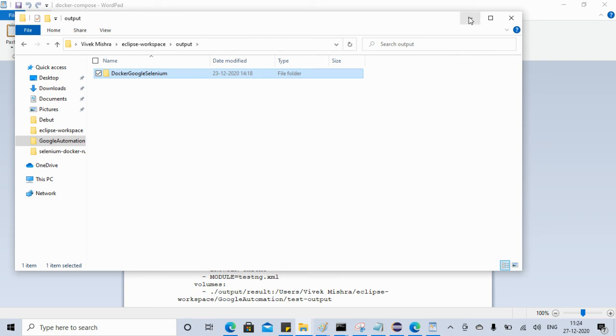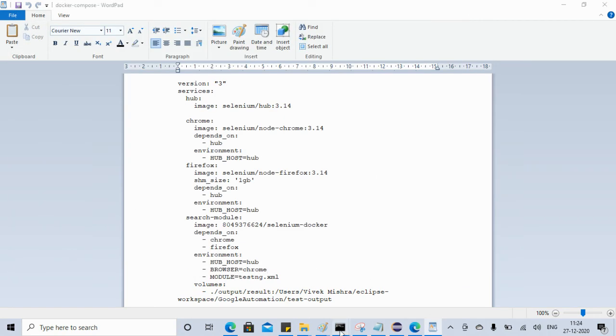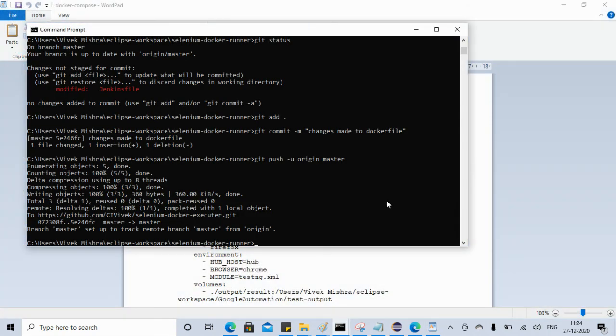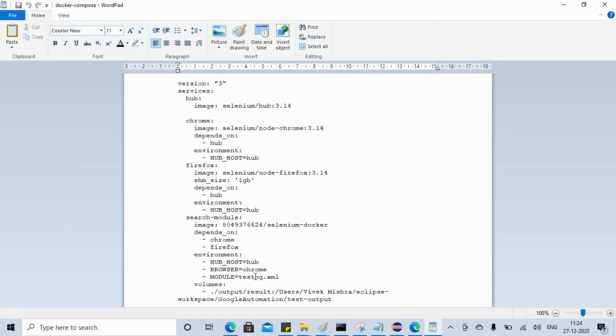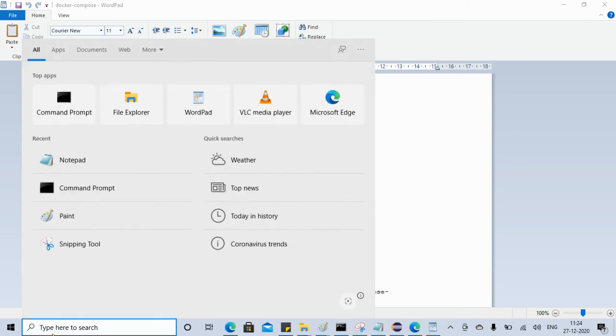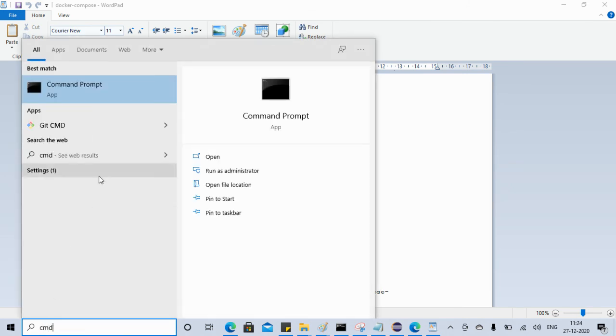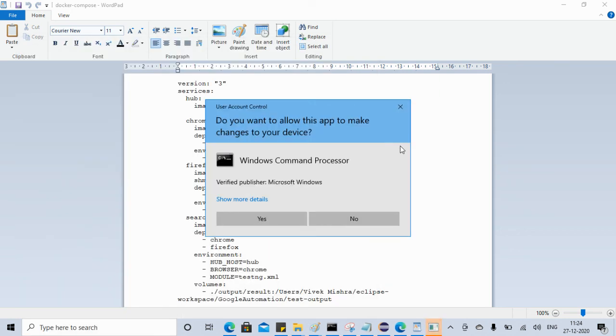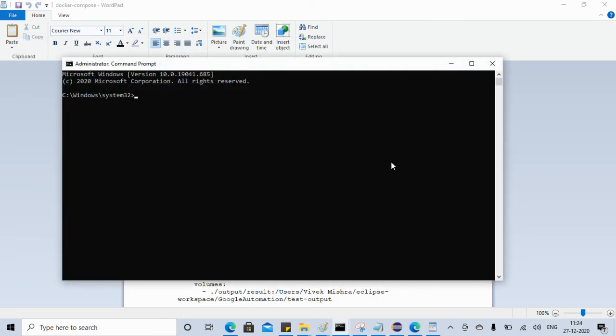Maybe we will try to launch this in administrator mode. Let's try that with command prompt, run as administrator. And then we'll try to do the volume mapping. It's failing because of that only. So let's go to the path of the project.